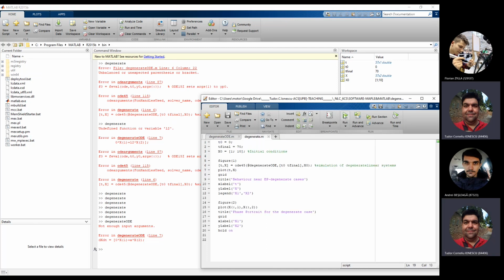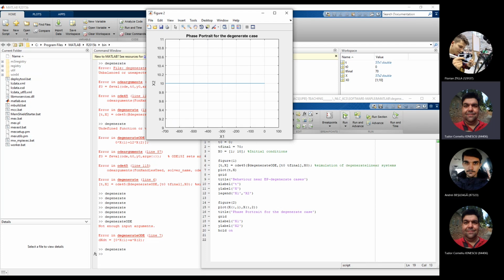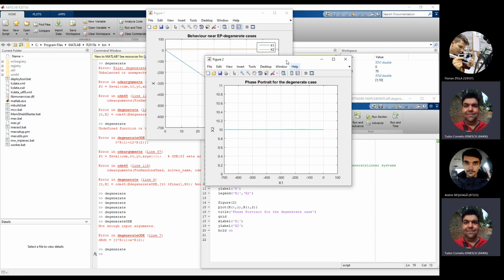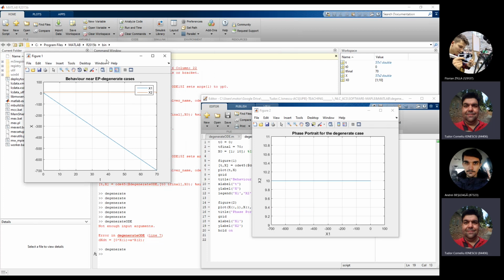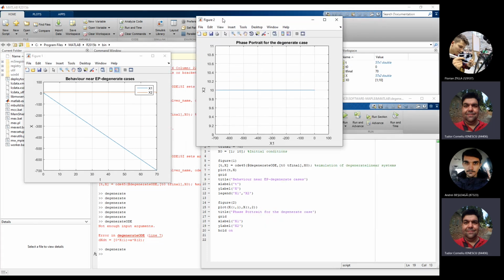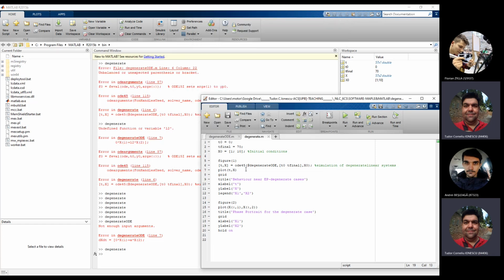No, this guy. You see? No. So this is never stable. This is an unstable situation. See? And this is the phase portrait, this parallel line. Okay, X2 equal constant value 10, and X1 is varying. Okay. So this is a degenerate situation, and the most degenerate situation of all, the